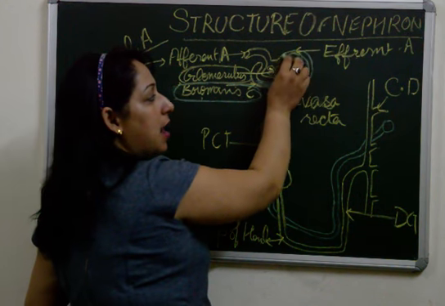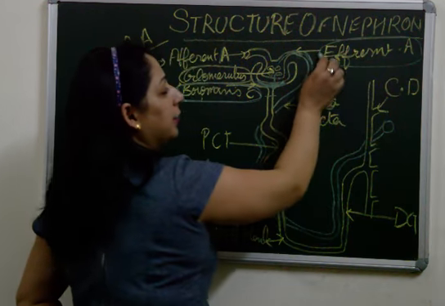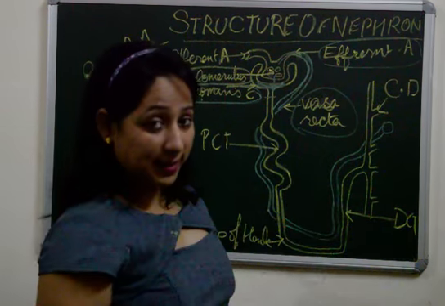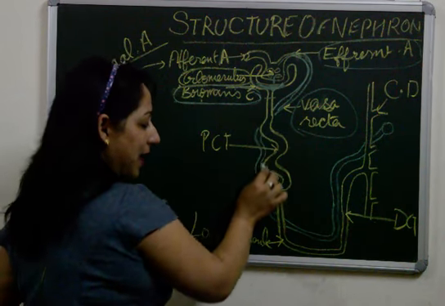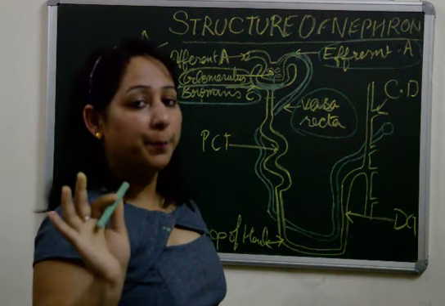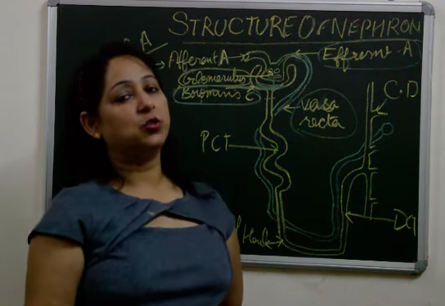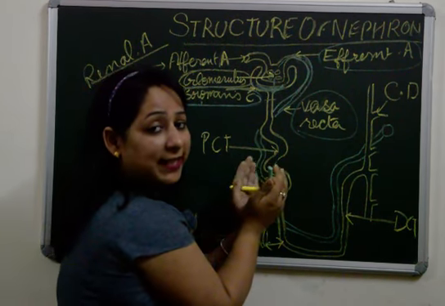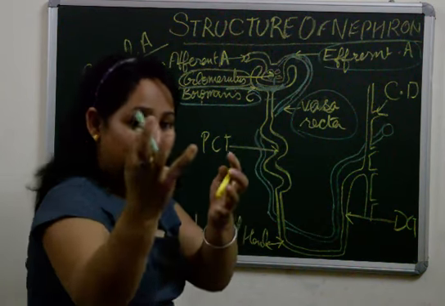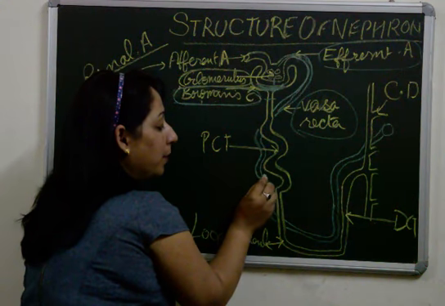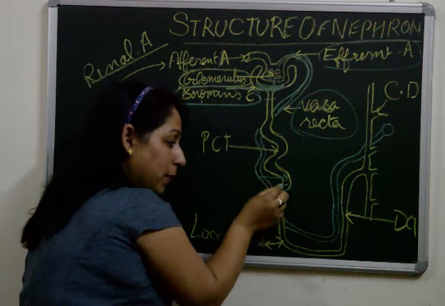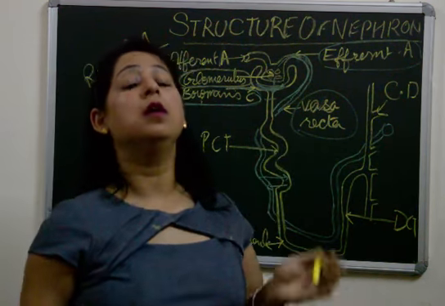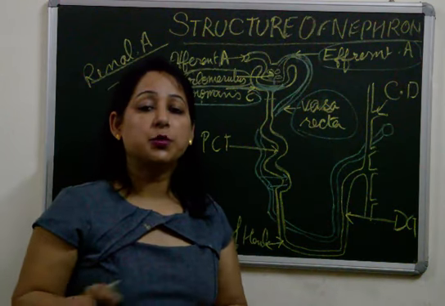That thick blood will start moving from the efferent arteriole into the capillary blood vessels known as vasa recta. This vasa recta flows parallel to the whole of the nephron because the process of reabsorption has to take place from the urine to blood. These two tubes lie in very close vicinity to each other. Hence, whenever substances have to be absorbed, they will move from the PCT to the blood vessel very easily. That is why this vasa recta runs parallel through the nephron, so that the reabsorption of substances can take place easily.